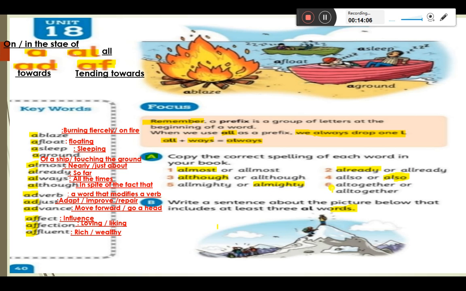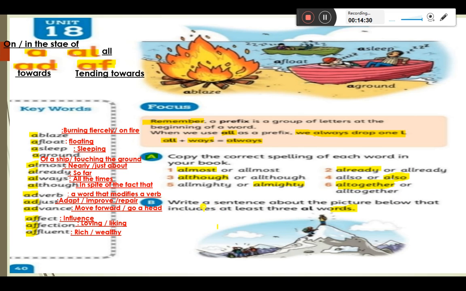Okay. Number six, we have all together or altogether. Yes, we drop one L. So it's altogether, as we drop one L. Okay. Now, in the focus exercise letter B, write a sentence about the picture below that includes